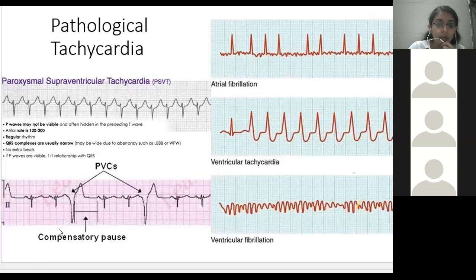Then you have premature ventricular complexes, PVCs, which occur in a normal ECG. Sometimes there is an abnormal wave-like pattern, which is an indication of sudden electric current generation in the ventricles. You can see it is broader, so you know it is ventricular in origin, and this will mostly lead to ventricular tachycardia, which will lead to ventricular fibrillation.